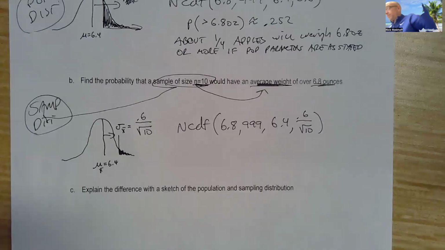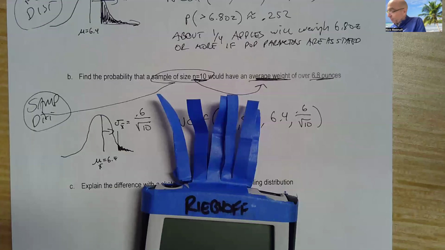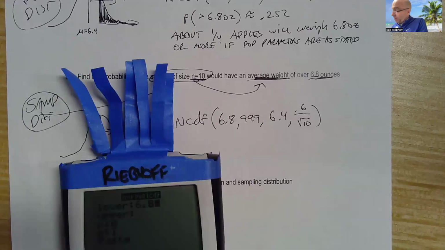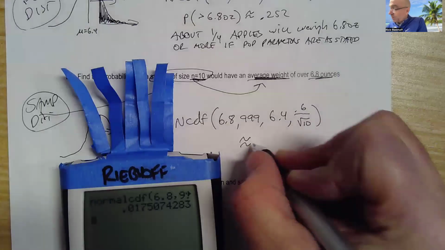Grab my calculator. This is exciting. All right, so we're going to go to second vars, normal CDF, and let's do 6.8, enter, big number, enter, mean is 6.4, enter, standard deviation is 0.6 divided by square root of 10, and we press enter and enter and enter, and we get around